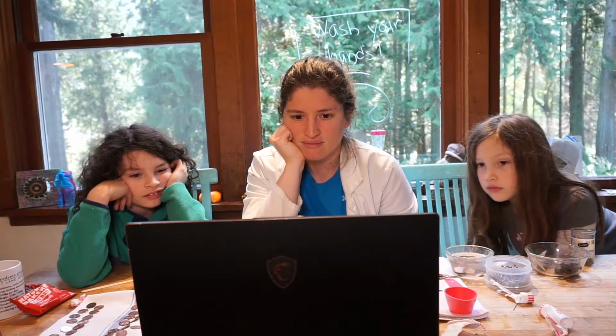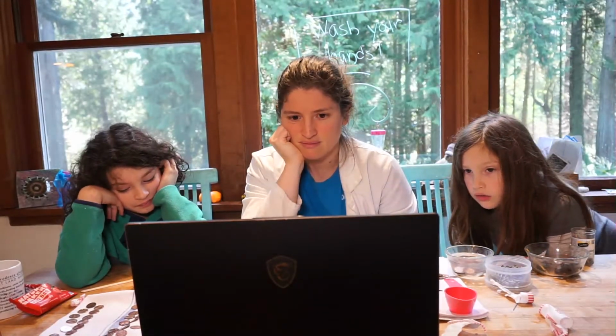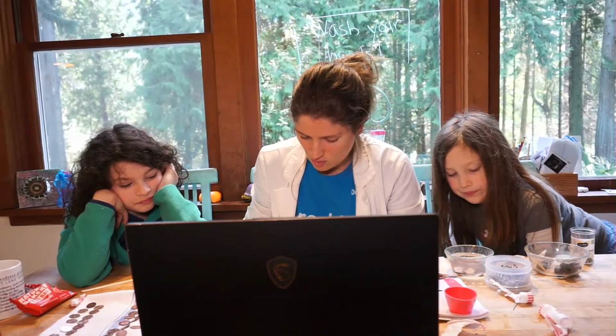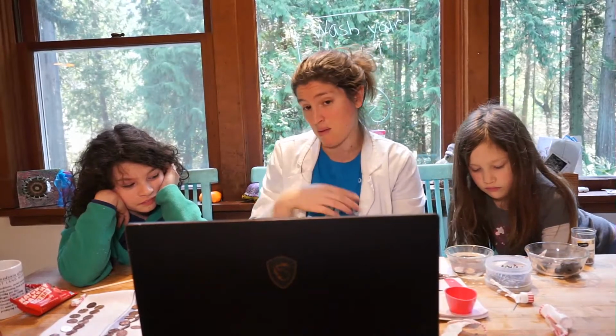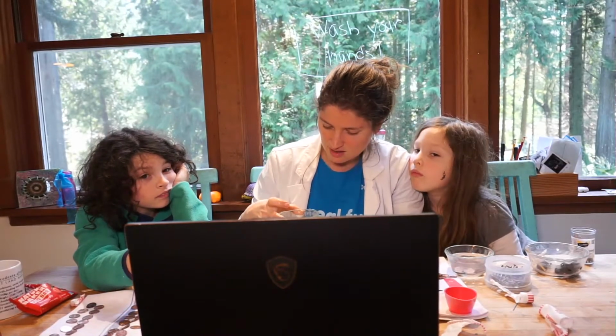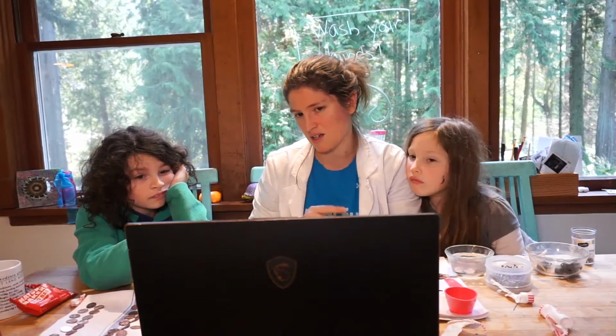So I was wondering, my vinegar has this kind of bubbly, salty film on the top. Is there a reason for that? Isabella's is bubbling too. Mine is not. I'm guessing we're bubbling because we added more salt than maybe we had planned on, which is totally fine because the salt's going to chip away more. I'm trying to remember what the actual reaction is, but I think there is carbon dioxide that's going to be made. So those bubbles that you see are probably carbon dioxide getting made. That's my guess, mainly because when you